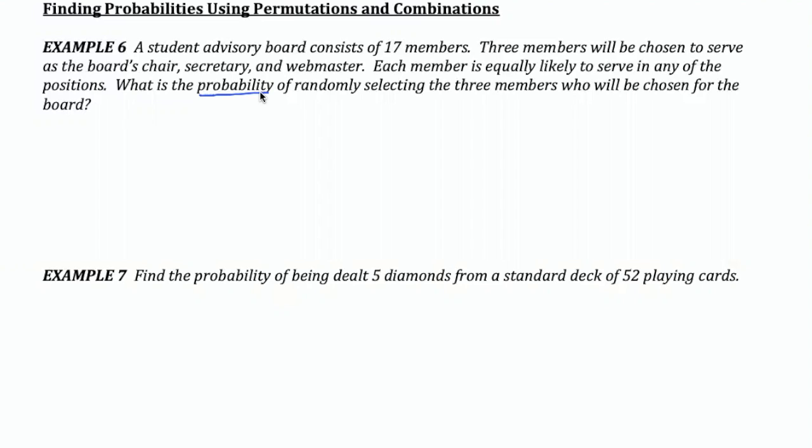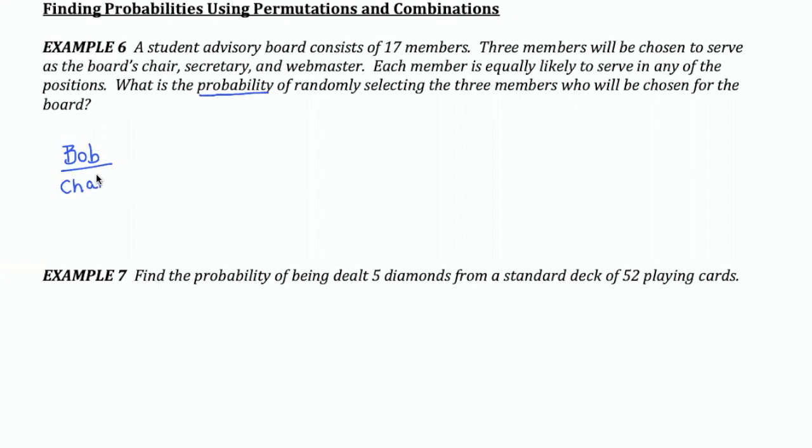What's the probability of randomly selecting the 3 members who will be chosen for the board? So first of all, we need to decide, would this be a permutation or a combination? In this particular case, because this committee has specific positions, these are distinct. And because they are distinct, again, kind of going back to my 3 people from before, choosing Bob for the